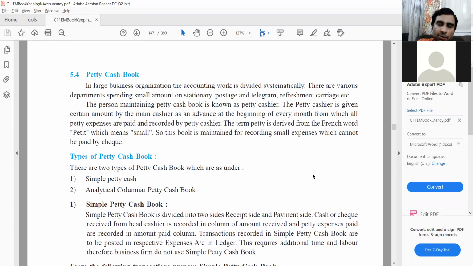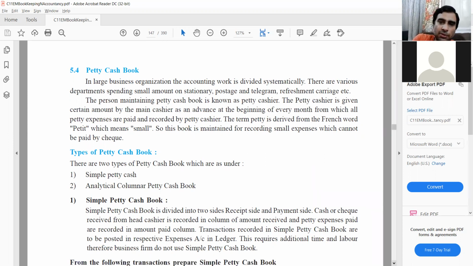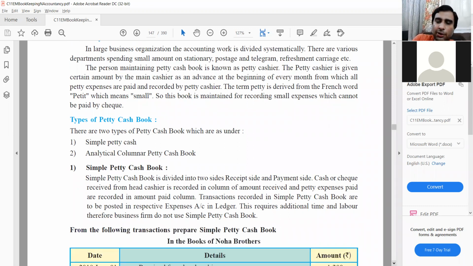And this is used for day-to-day routine expenses. These are typically certain types of expenses like conveyance, traveling, stationery, postage, right? Refreshments, so reimbursements to staff. So these are the typical day-to-day expenses, and a separate amount of cash is removed and kept outside of the main cash box for these, and that is called petty cash. And there is a particular accountant or a cashier who is responsible for the physical custody and management of petty cash.